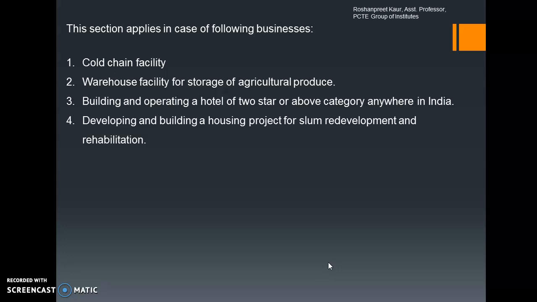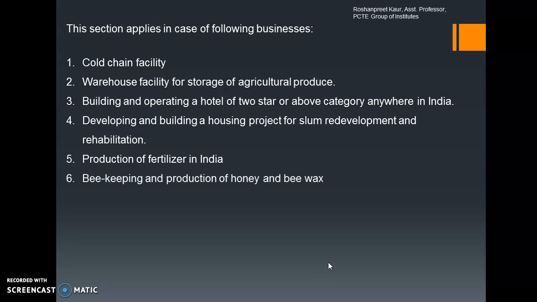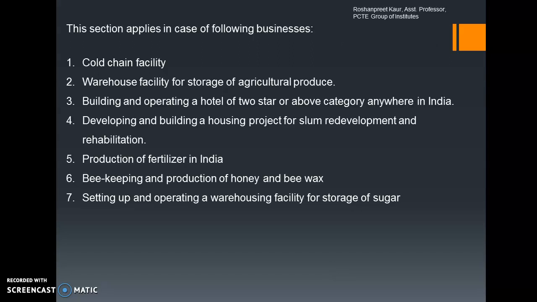Then if you are doing any expenditure for developing and building a housing project for slum area development or rehabilitation, again that will be allowed as deduction under section 35AD. These are specified businesses covered under section 35AD. Then if you are doing production of fertilizer in India, or you are doing a business of beekeeping and production of honey and bee wax, or you are setting up and operating a warehouse facility for the storage of sugar. So these are the list of businesses which are specified under section 35AD, and conditions I've mentioned that